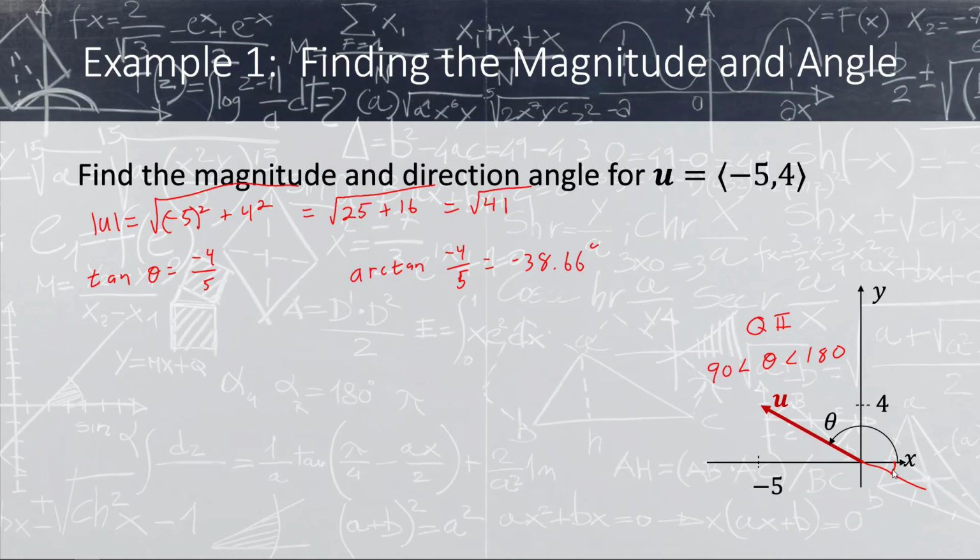Okay, that's not the angle we want. To get the angle we want, we actually need to take this value and add 180 degrees to it. So theta, in this particular case, since it is in quadrant 2, we can find it by taking this value and adding 180 to it. And that will give us